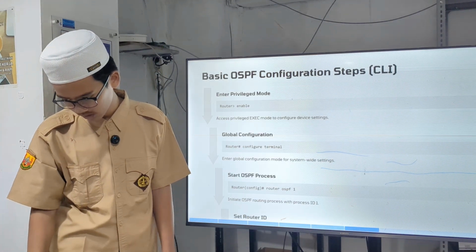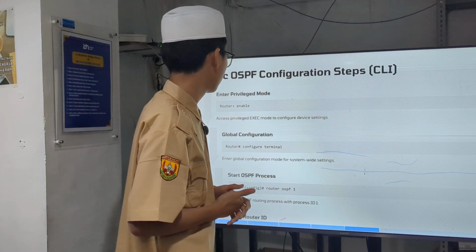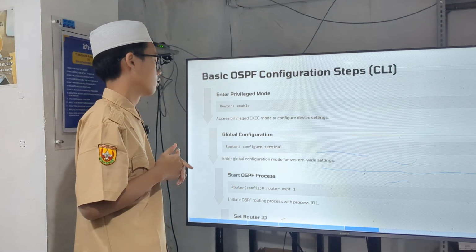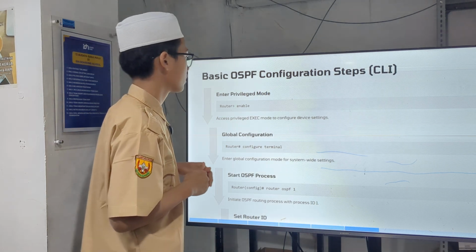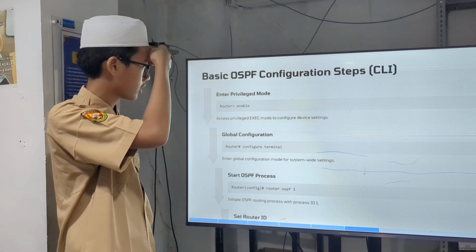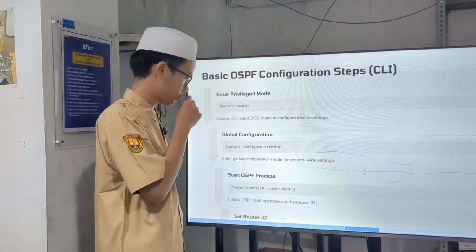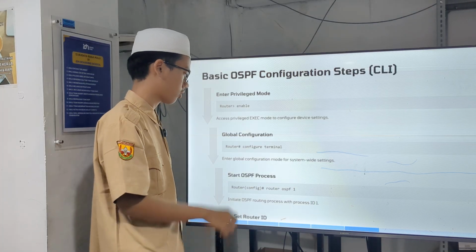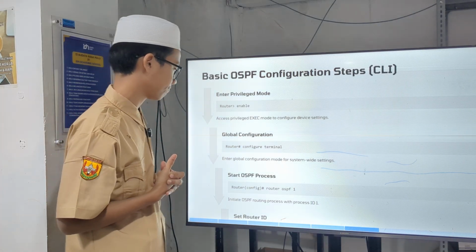Next, this is the basic configuration of OSPF in the CLI. First, we enter the router, then in the CLI we type enable to enter privilege mode. Second, after being in privilege mode, we type configure terminal to enter global configuration.